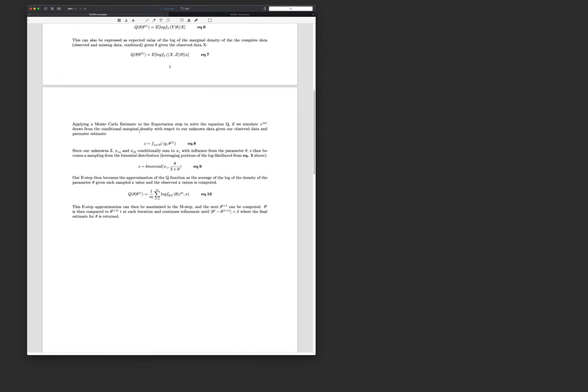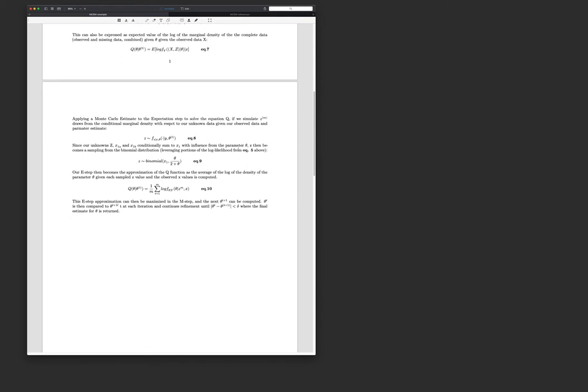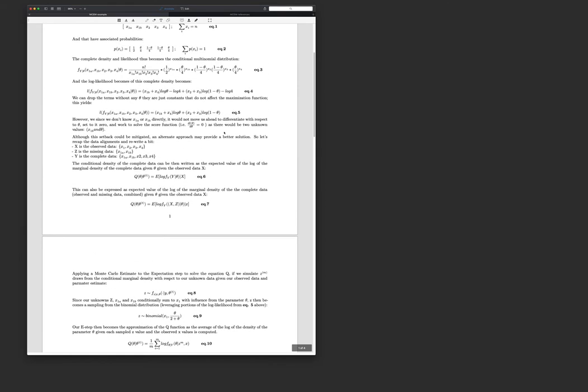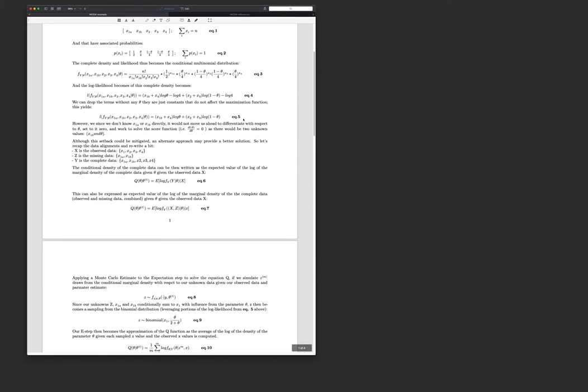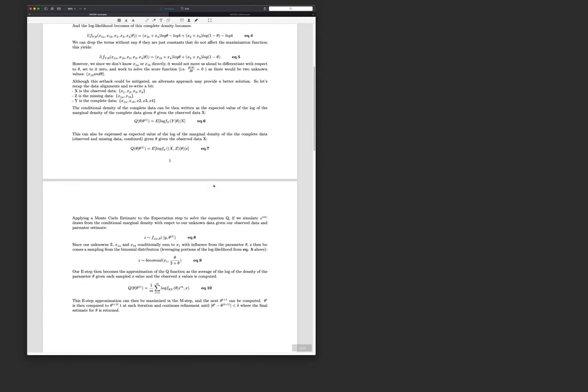And say, okay, instead of doing this, let's see if we can do a Monte Carlo expectation to solve this Q, and use a simulation of Z from our conditional marginal density with respect to our unknown data. And we borrow some of the algebra up here from equation 5,